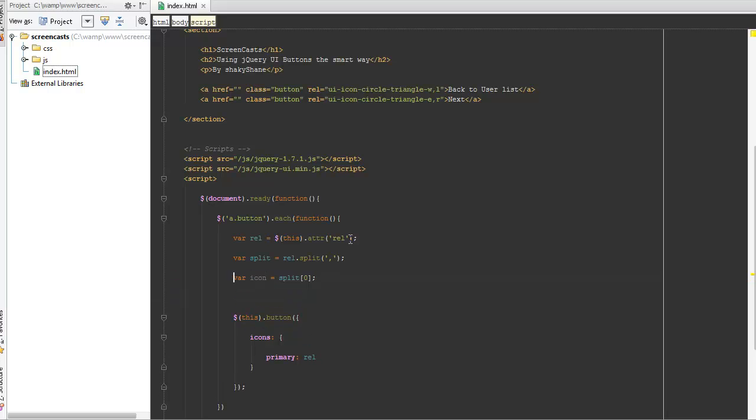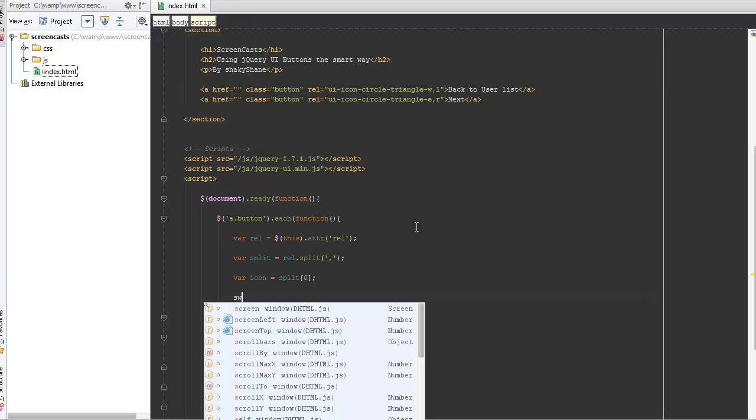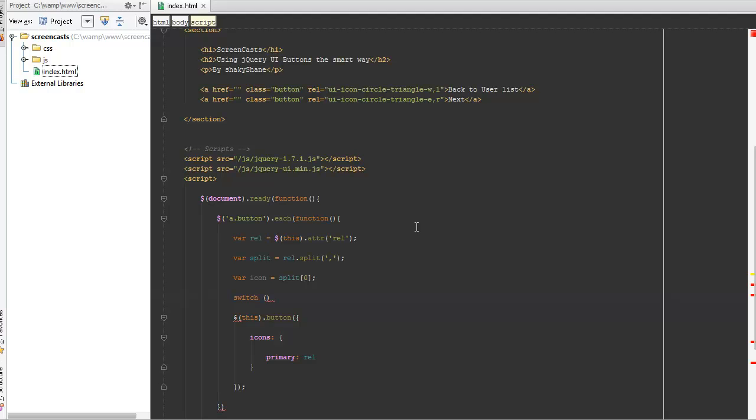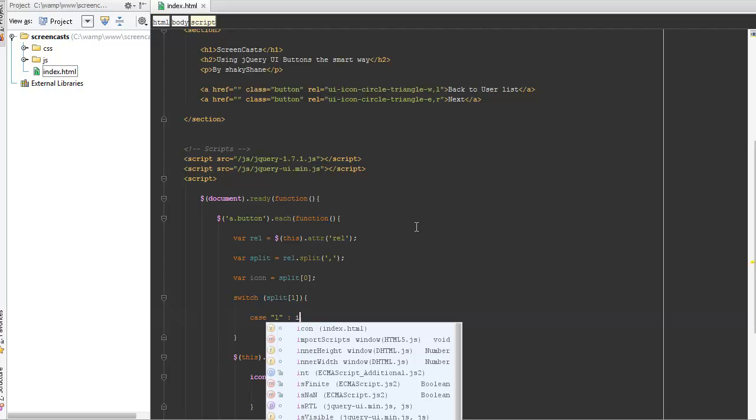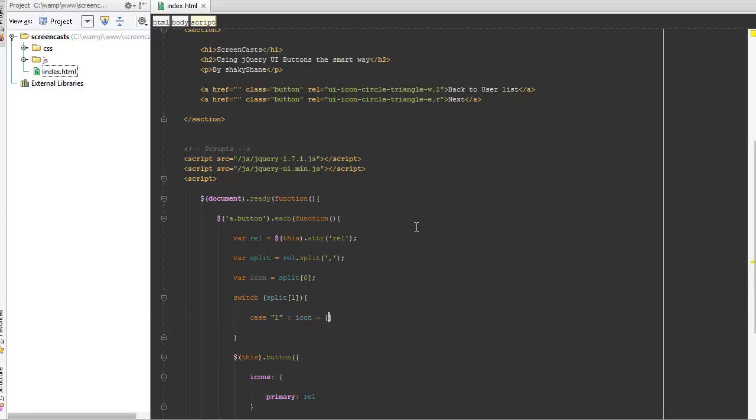So that's that. And now, if you think about it, all we need to do is figure out whether we set L or R. So, what's the best way to do that? A simple switch. So we're going to say split, and we're going to use the second value. Now we're going to just simply say if it's L, then icon is equal to, and send it an option pair, key value pair of primary